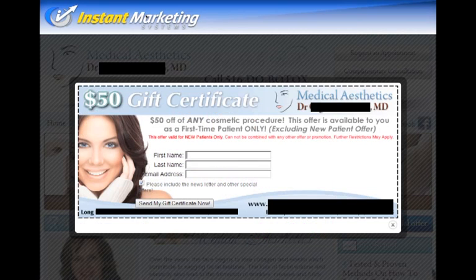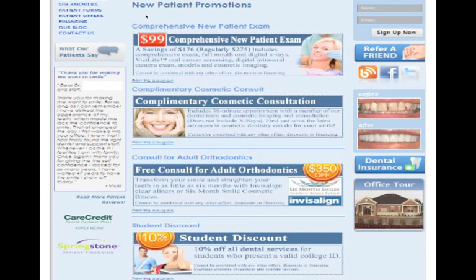Before you get to this website, you get to the $50 gift certificate. $50 off any medical or any cosmetic procedure. Now, what we do know is those gift certificates convert, and they convert a lot of people to give you their email addresses. We're having very, very good success right now, and we collect on some of our websites over 50 opt-ins just from those coupons every single month, with a conversion rate of over 45%.